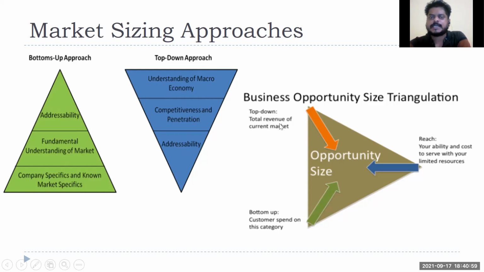Let's say CCD. I can go with a top-down approach and reach it: there are 500 companies in the southern part of India, and for each of them I can make a sale of 10,000 rupees. 500 into 10,000 is around a 50 lakh opportunity. Bottom-up, I can go and find out how many competitors there are in the southern part of India and generally how much revenue they are making selling this coffee vending machine.